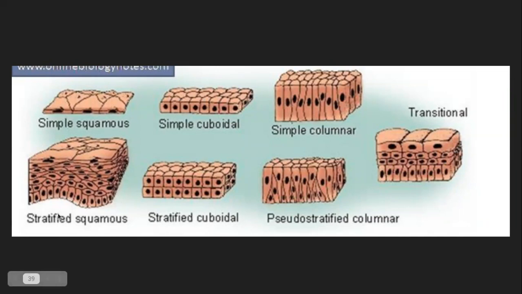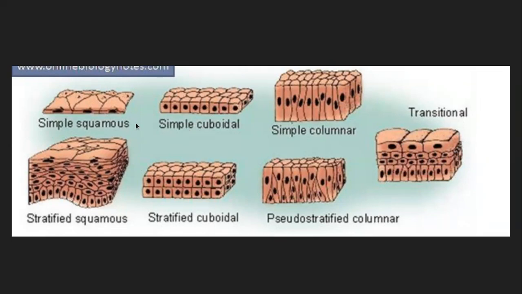The word stratified means different layers. Simple means usually a single layer. Pseudo stratified means it is not true layers, the cells are just mixed in a certain manner, but that is not forming an actual layer. And transitional is a mixture of different types of tissue. So if you see, there is columnar, and then there is cuboidal and so on. That is just transition, though we are not going to look at this transitional type, but we are going to look at these other types of epithelial tissue.